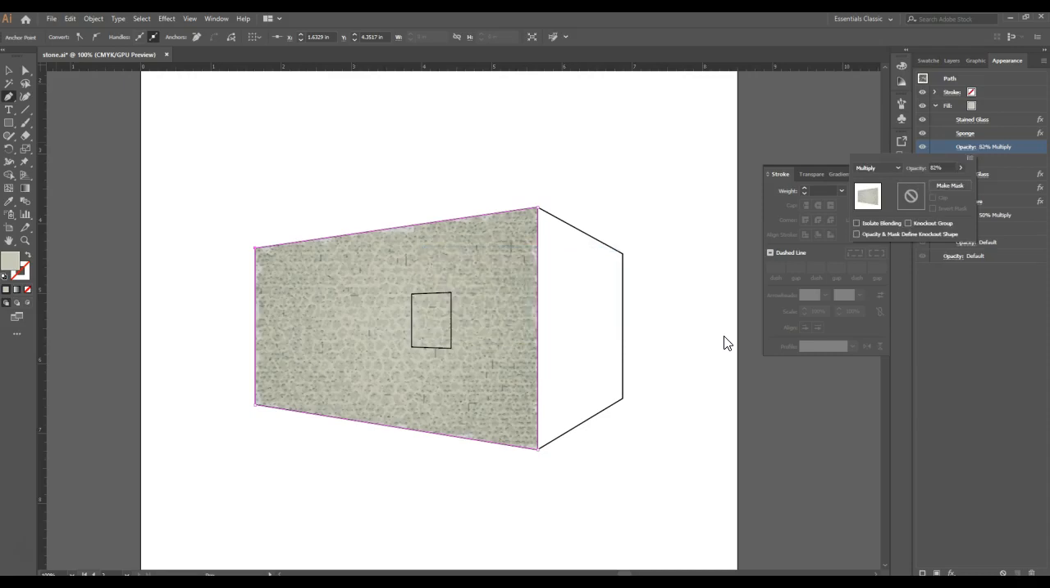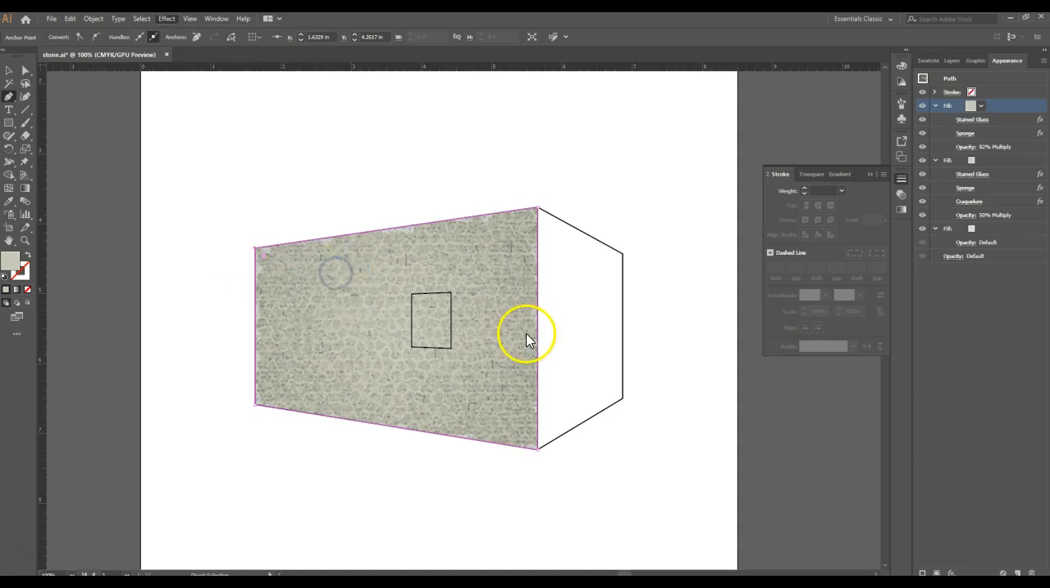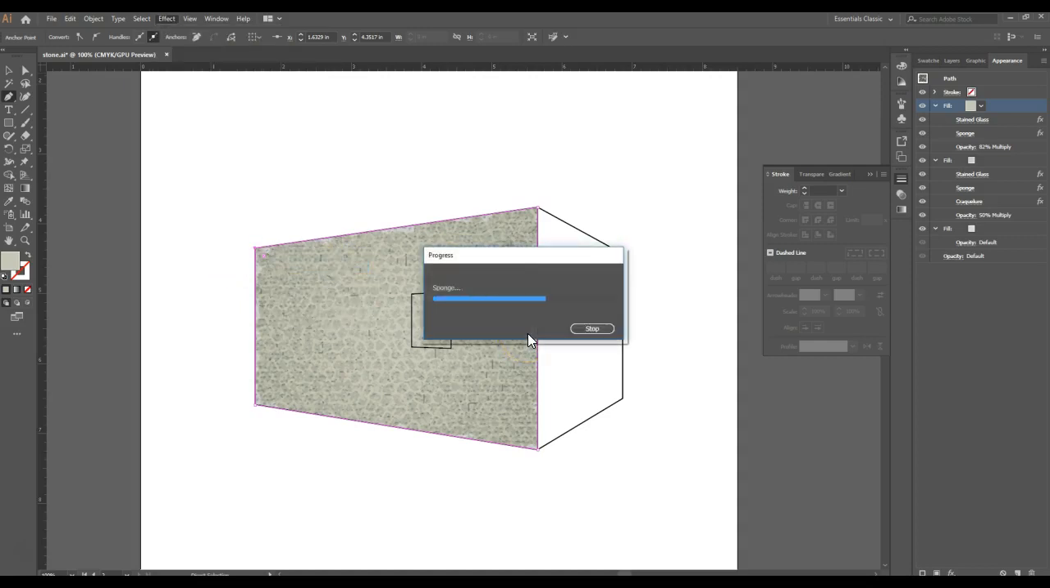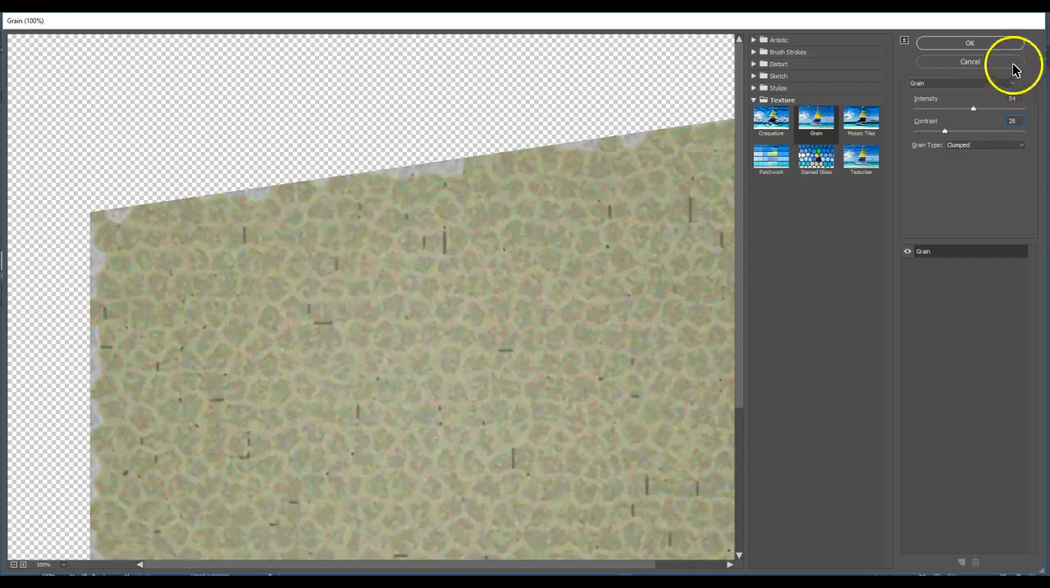Now, one thing you can do, and this is completely optional based on what you want to do, I can add a bit more detail to this by going to this fill and applying a texture and a grain to this. You'll see what this does here. It might take a step or two to fully show through. What I want to do is change the grain type to clumped, and the settings are probably okay there. I might reduce it just a little bit, something like that,